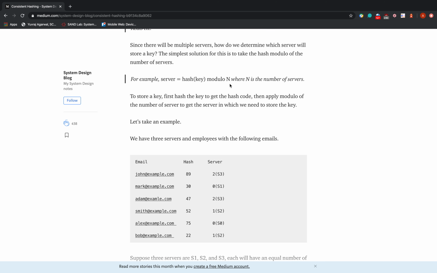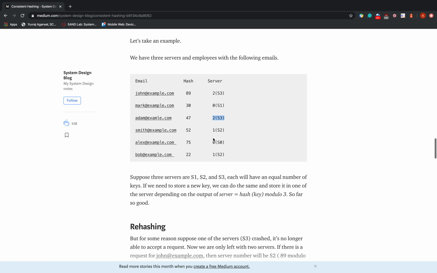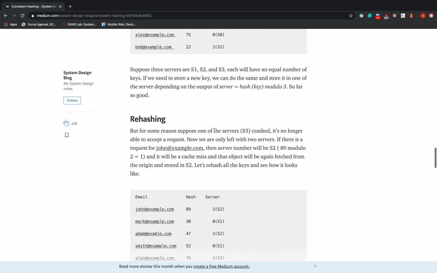This is because now, since one of the nodes has left, our n has reduced from 3 to 2. Ideally what we would want is that we only rehash the keys that were on S3, but we'll see that we end up rehashing other keys as well.